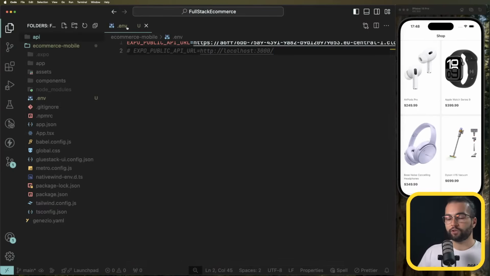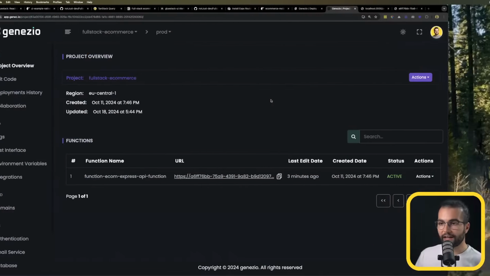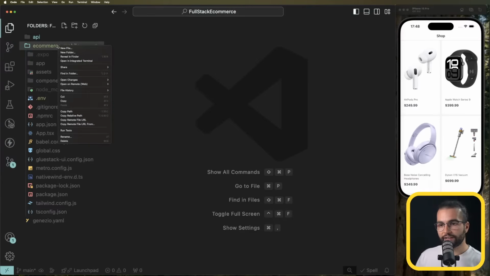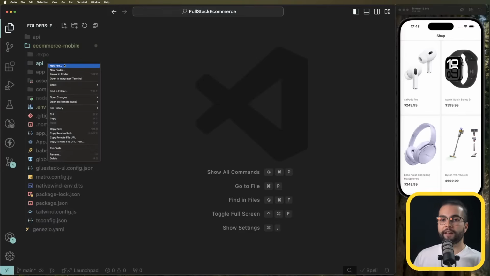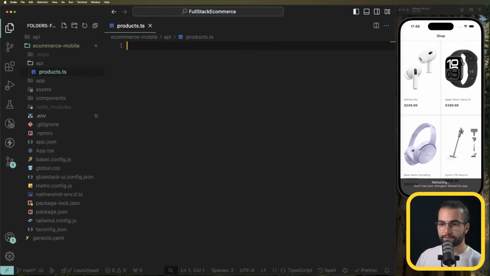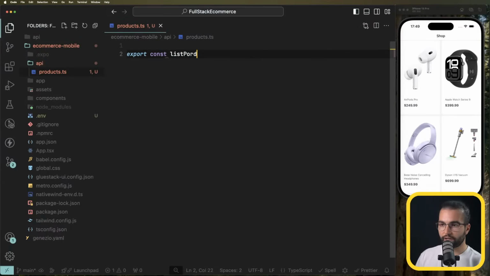Now it is time to integrate our React Native application with our backend. The first step we need to do is send a GET request to /products to get a list of products. I'm going to create a folder called api inside my mobile app that is going to have some helper functions to fetch data from the API. There, I'm going to create a file called products.ts, and let's start by doing export const listProducts, which is going to be